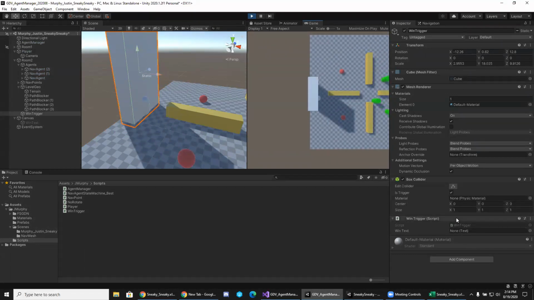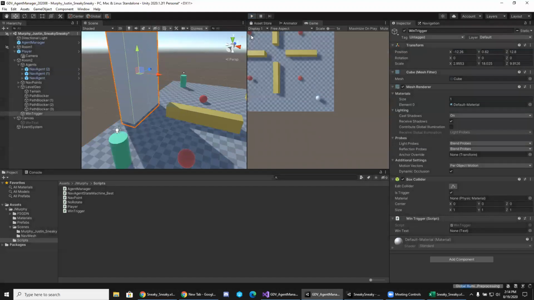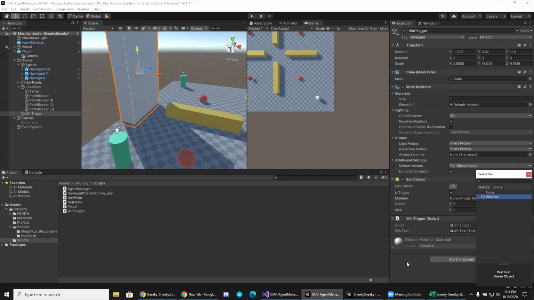So it's still not triggering, even though we do have that. Because we haven't put anything inside there. If we assign that to our win text, and we are selecting the one from our scene,